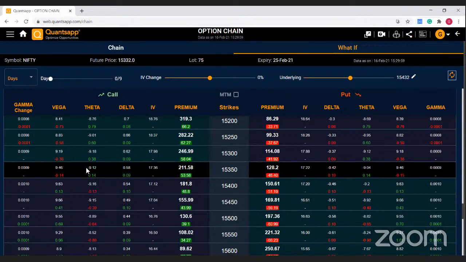Now the theta here is almost 9 rupees, which says that in one day you are losing 9 rupees. Next day you're going to lose something, then you're going to lose something again, which I explained by the theta. Now I want to analyze how the theta will impact my options, and that I can do from this. So now I say if I hold my option for the next 3 days, or let's say 4 days,